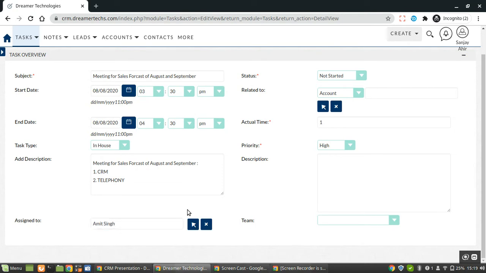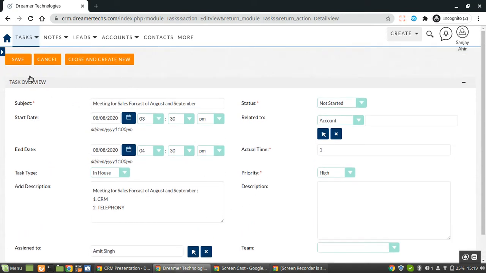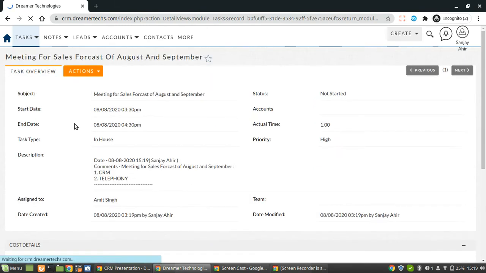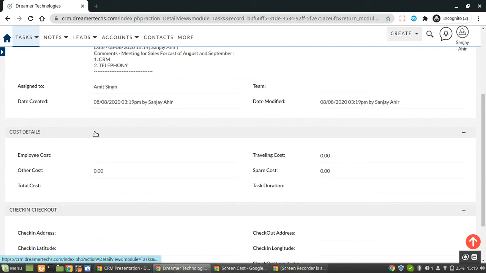So once I save this, now the task has been created successfully. You can see it with all the details.